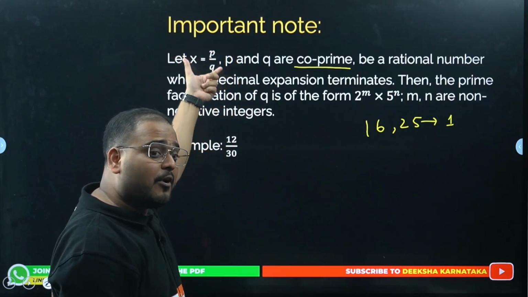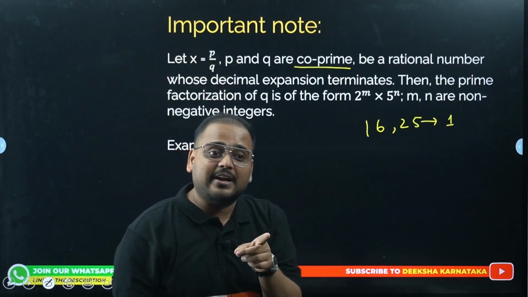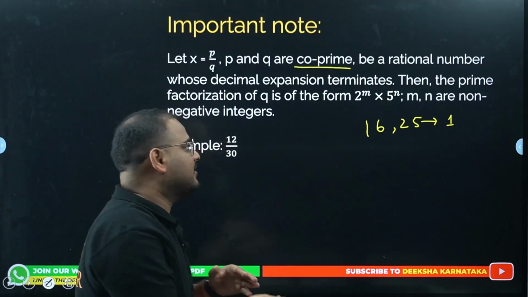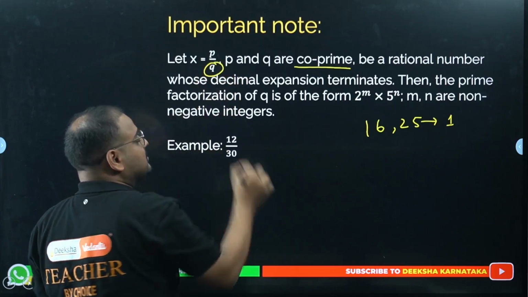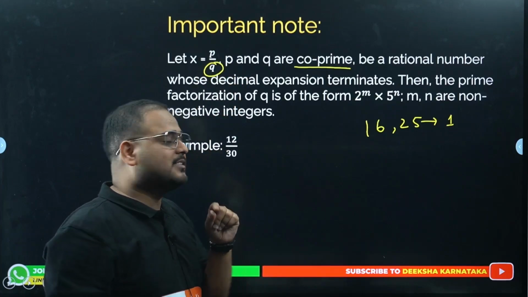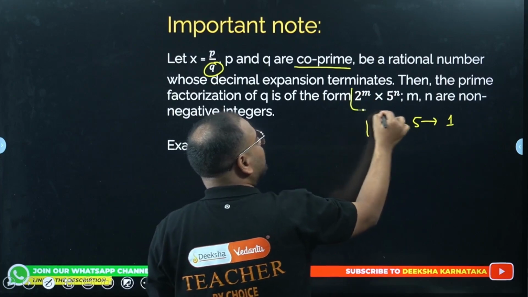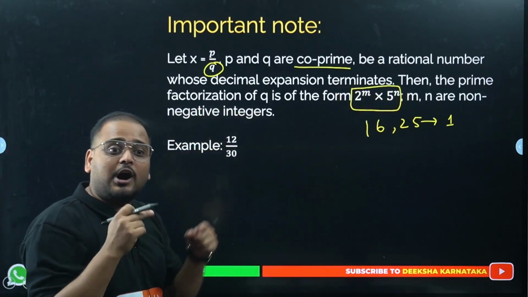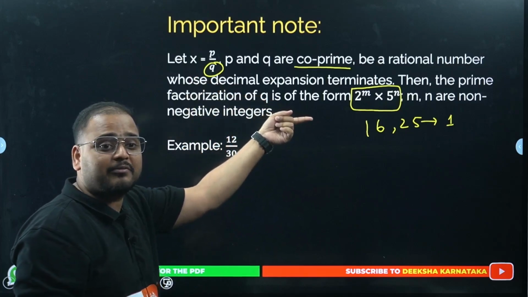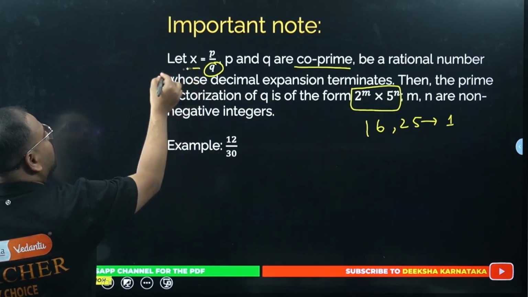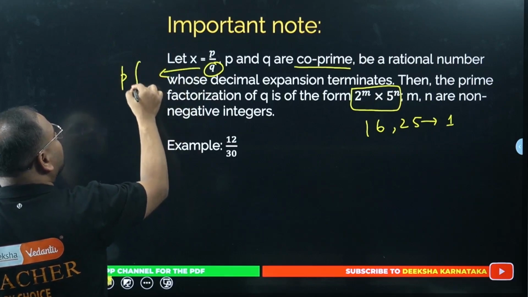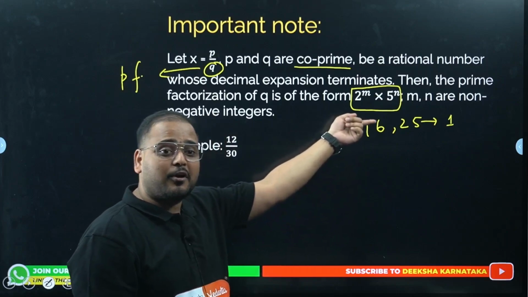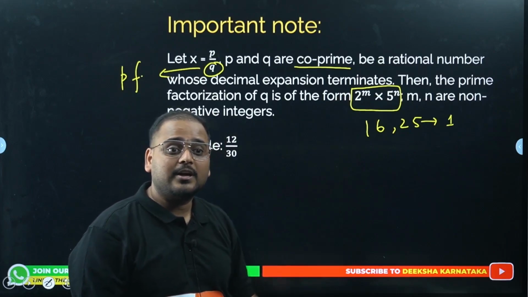Okay, so this is a rational number given. For those types of fractions, they will be terminating decimals only if the denominator q is of the format of 2 times 5 times, 2 times 5 times 2 times 5 times, like that. So how can we say that q is in the format of 2 times 5? We learned right now: we'll use prime factorization to determine whether q is in the format of 2 times 5 or not. Okay, that's one type of question.